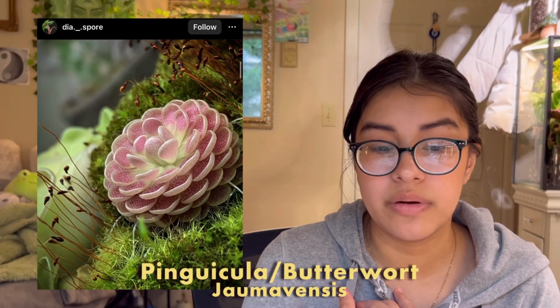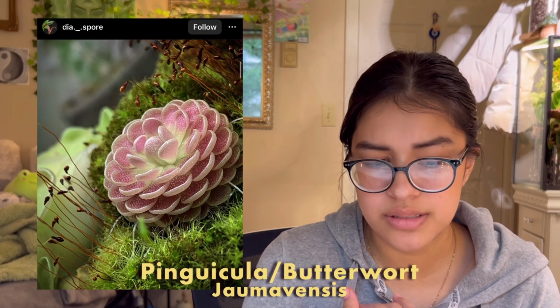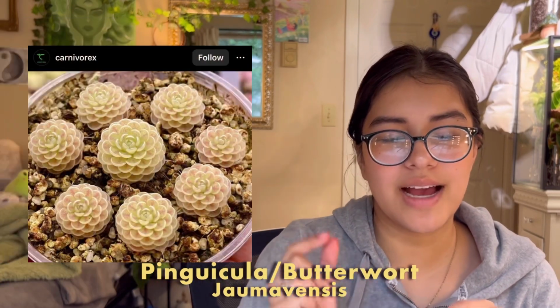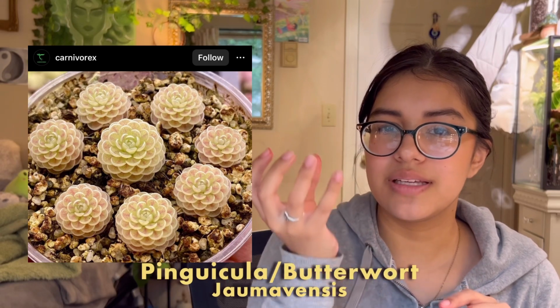The next genus is Pinguicula, which is kind of a given. I love me some Pinguicula. I only have one in my collection, but I would definitely appreciate some more. I didn't even name Pinguiculas specifically. I think the only one that I named was the Jamavensis. And now I remember. Okay, so I put this one on my list because I love Pinguiculas that have